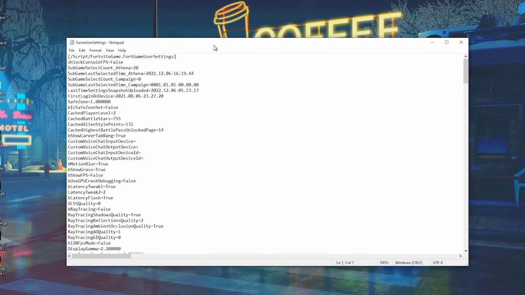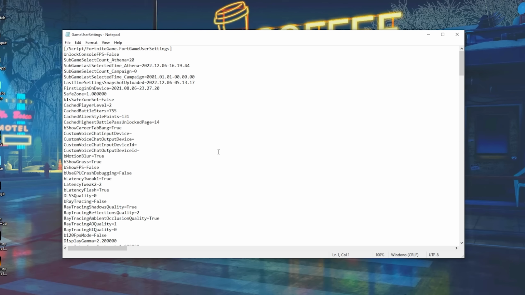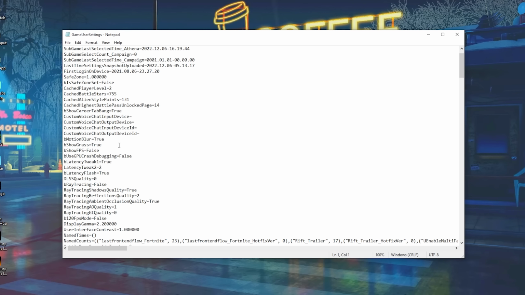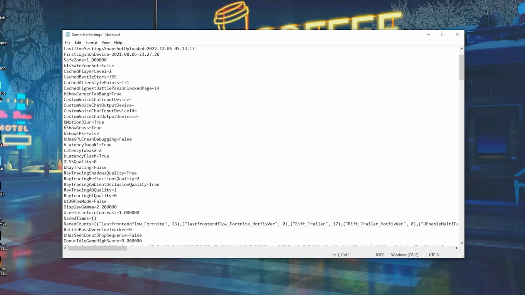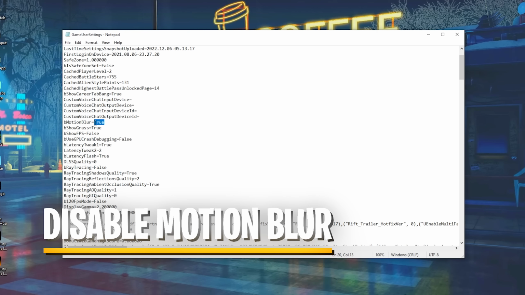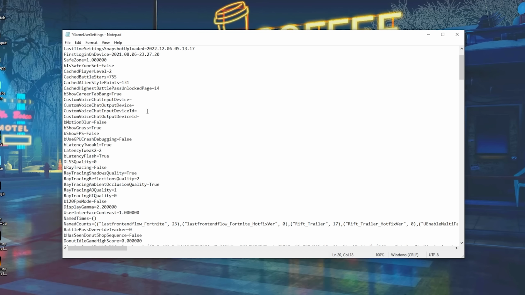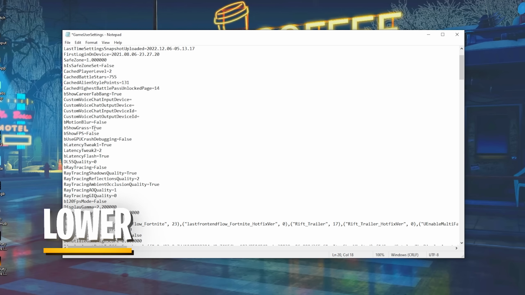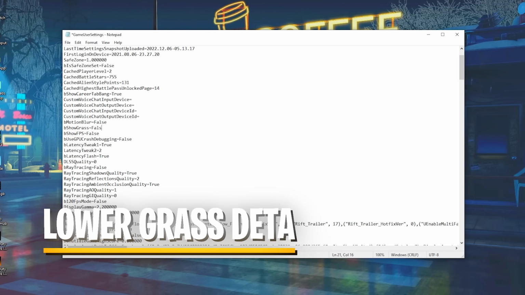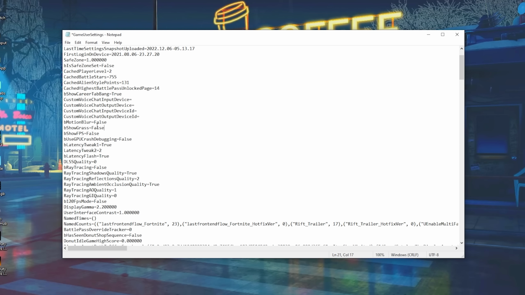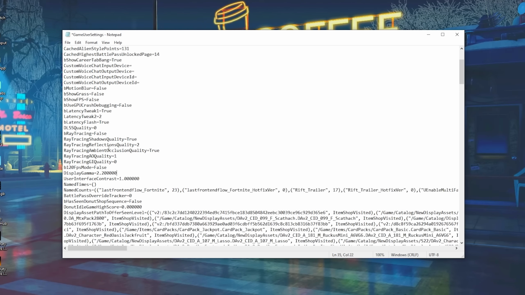Then we're going to open it up, guys, and there we already have the first few tweaks which we can apply. What we want to do in the first place, right at the top, is bMotionBlur, which we want to put to false, guys. Motion blur just simply makes your game unsharp. We don't want that 100%. And the same we're going to do with bShowGrass, because if you put this one onto false, you can apply a lower mode for grass details on the ground than is possible in the game itself. Then, guys, once we scroll down a little bit more, please put everything which has something to do with ray tracing on completely false, guys.